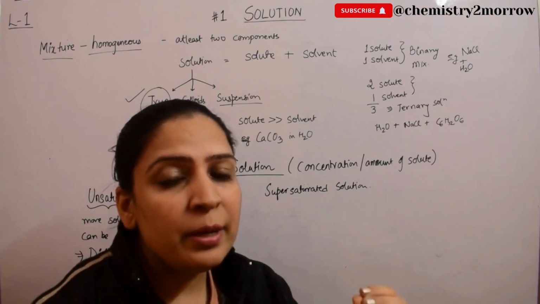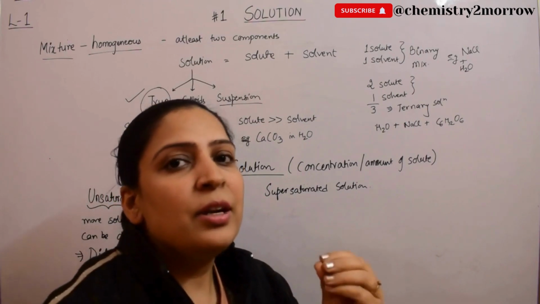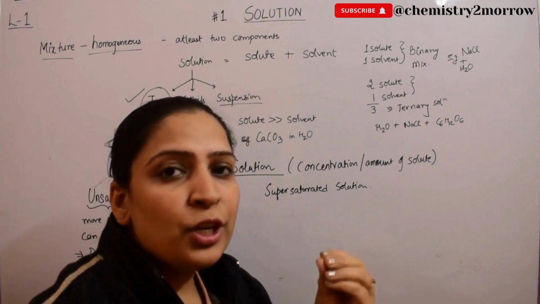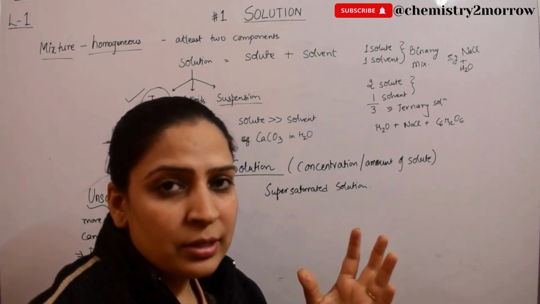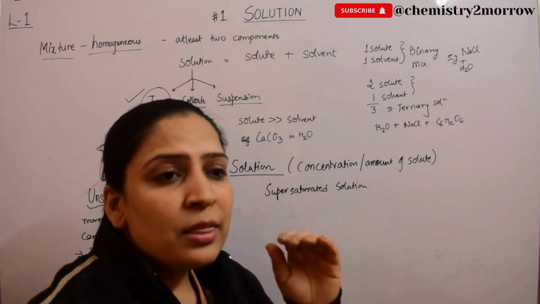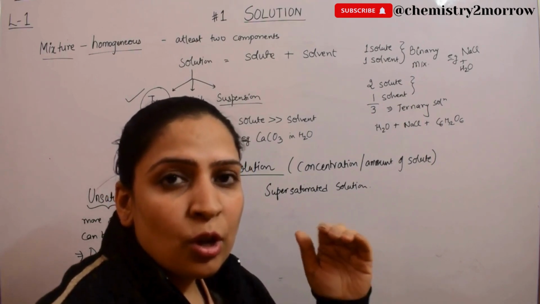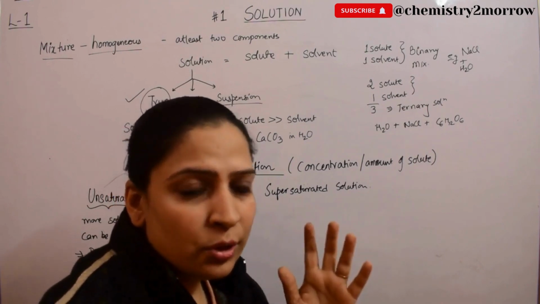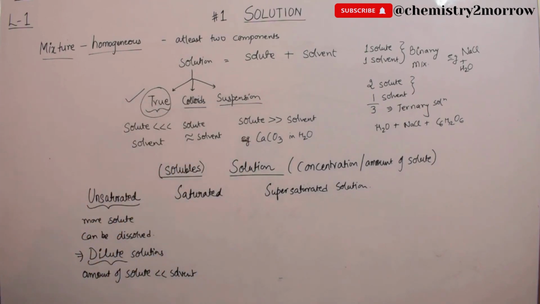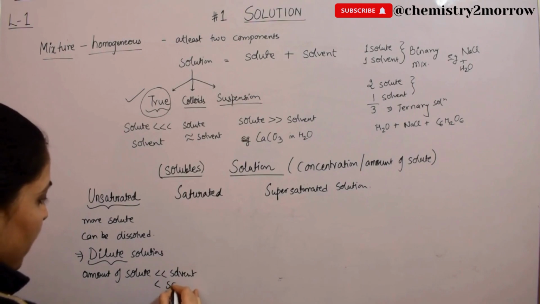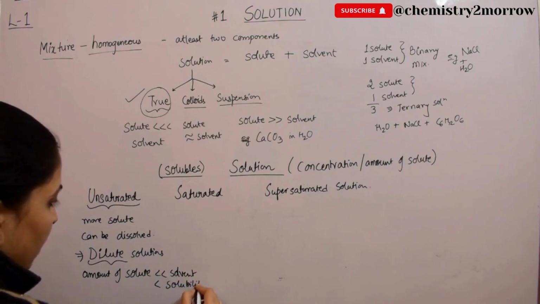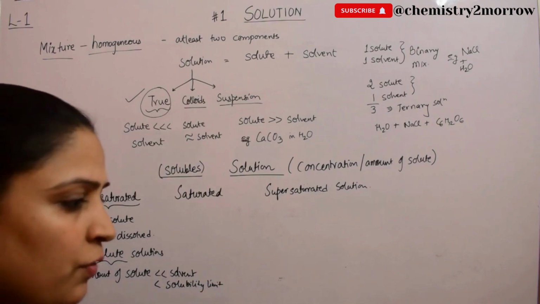The solubility limit I am talking about is related to what you have done before in your equilibrium part, class 11th. So solubility is the uppermost amount, or the limit, for a solvent to dissolve a solute. Here the amount of solute is less than not just the solvent but also less than its solubility limit. So more can be dissolved.